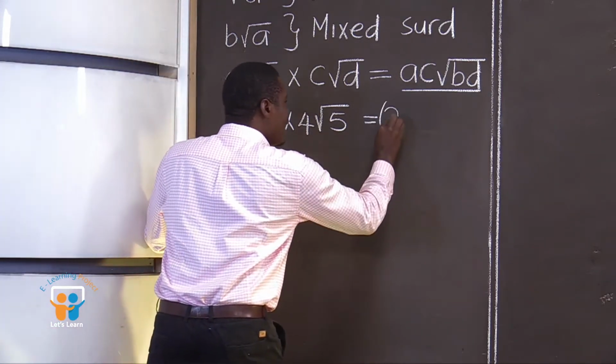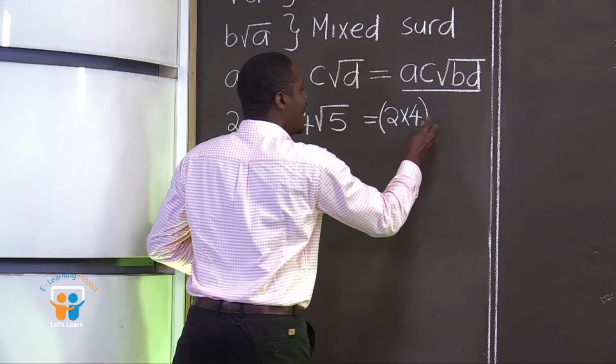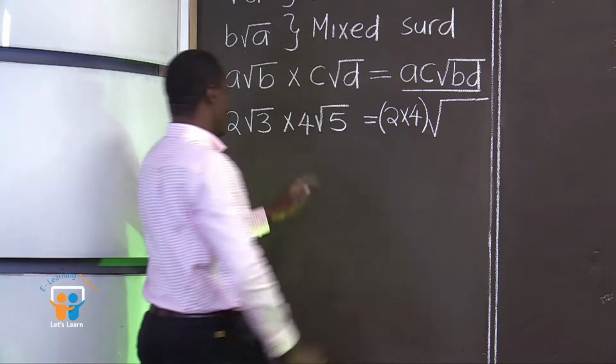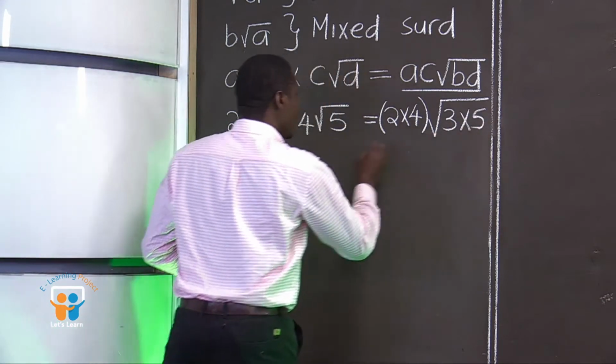We are going to say, Mr. Examiner, sir, the numbers outside, the 2 and the 4, that is 2 times 4. Then under the root sign, we have a 3 and a 5, so 3 times 5, to give us